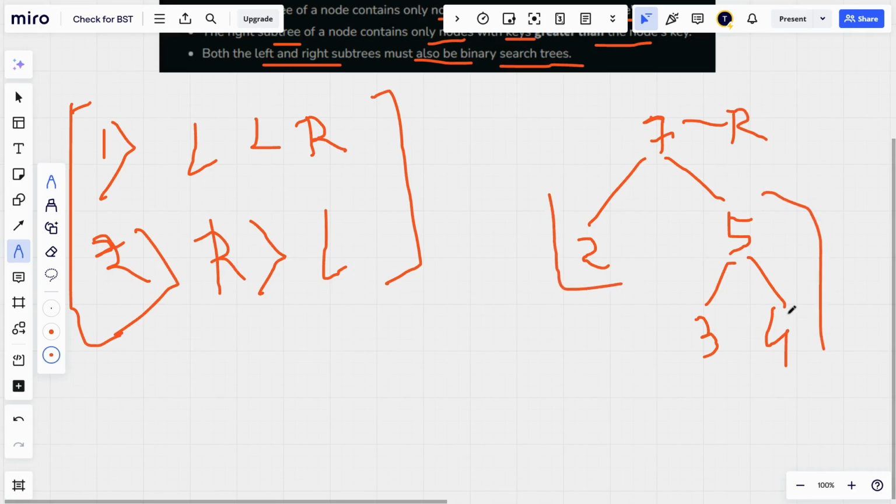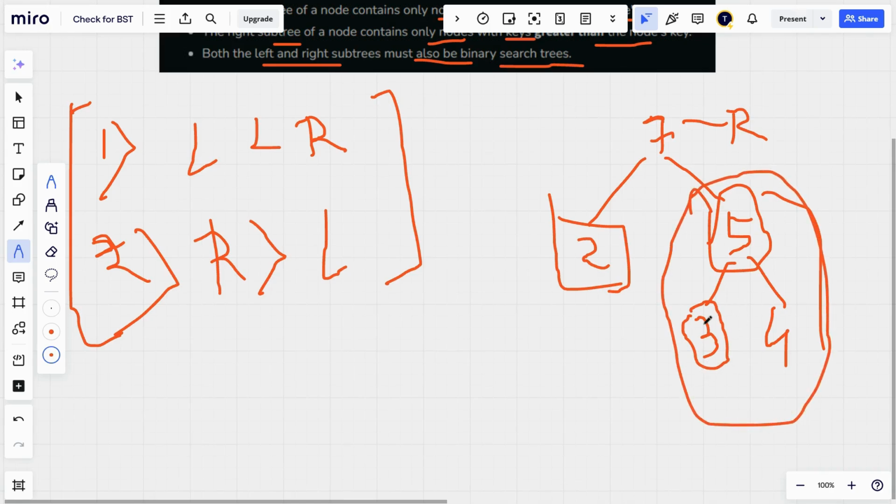Now in a BST we have to check which one is a valid BST. In this example you can see the left node value is 2 and the right node value is 5. But in this right subtree, this value is not less than 2. So this is not a valid BST, but it is a binary tree. As I already said, all BSTs are binary trees, but not all binary trees are BSTs.